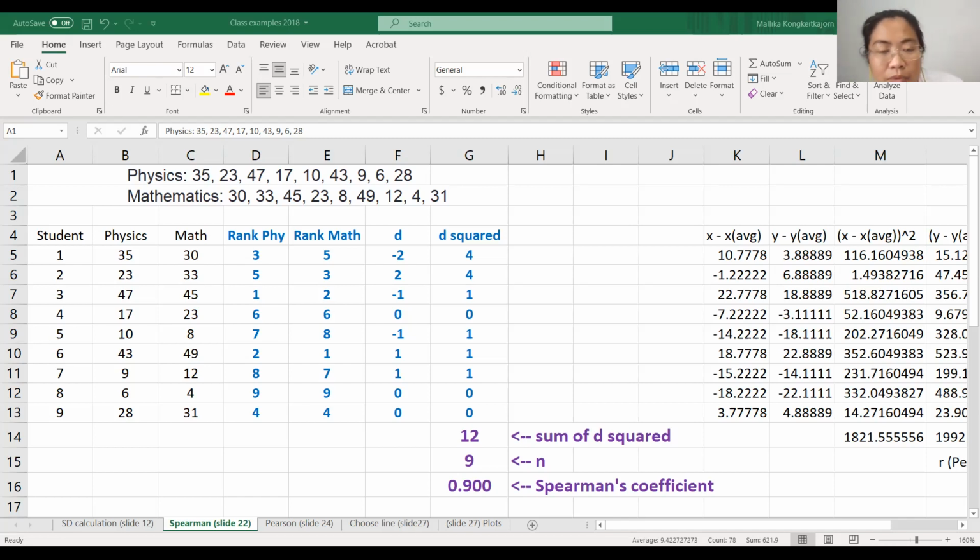Okay. So 3 of you got 0.9. Yep. Okay. So it seems like everybody knows how to calculate. You get 0.9. What I want to tell you here is that since you got 0.9,